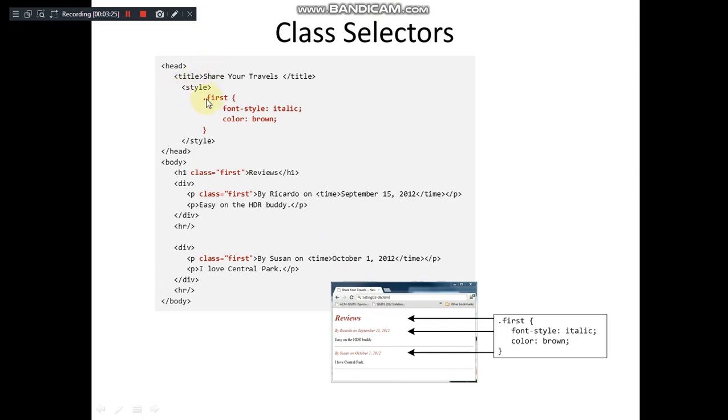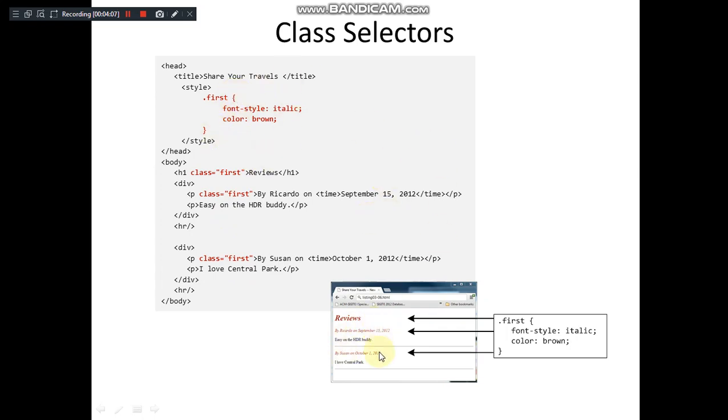In style, we have used a dot first. This is the class name we are mentioning for the particular HTML element, and the element having this as a class name will be applied with this particular set of styles. So we'll see which elements have the class name first. In the body section of the web page, though many tags are used, we have 2 such nodes with the class name first. This H1 where the class name is first, this paragraph where the class name is first, and this paragraph where the class name is first. All of these will appear with this particular style.